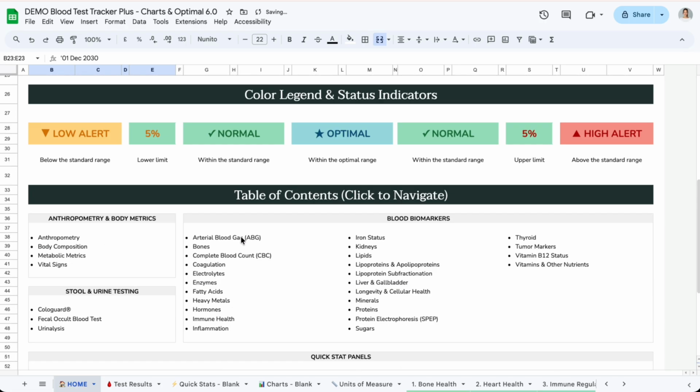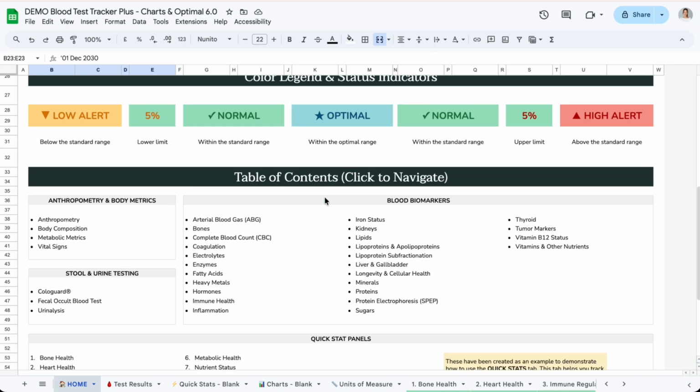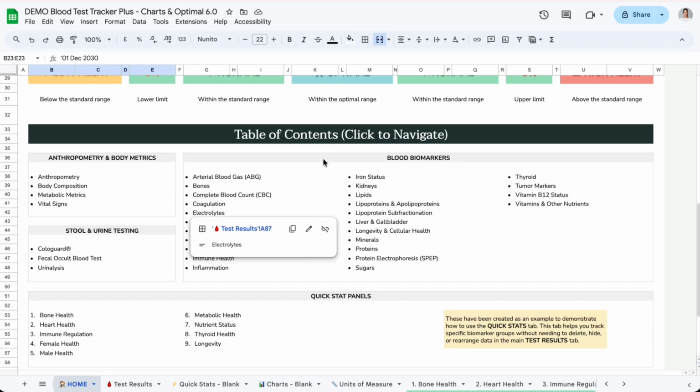And there's this color legend, which I'll go through later once we start adding some data, because it'll be more clear when you see actual values. And another thing that is just here for your